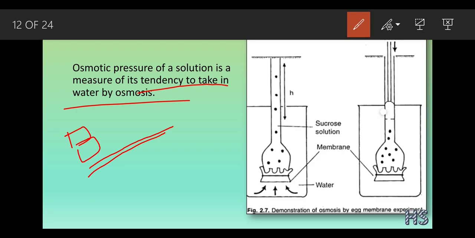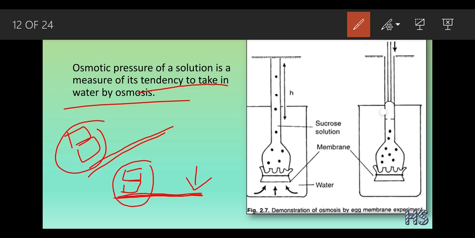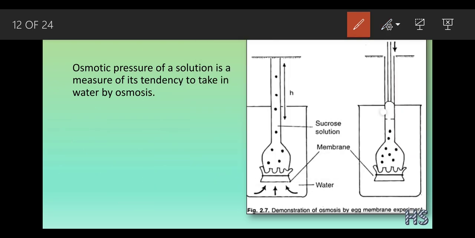Suppose I wanted to know the weight of these books. What we are going to do is exert an equal amount of weight on both sides so that it comes to an equilibrium level. Like this is the book and I am going to put some weight. At a particular period of time, when both of them become equal, I can know the weight of these books. In the same way, osmosis stops after a certain period of time.